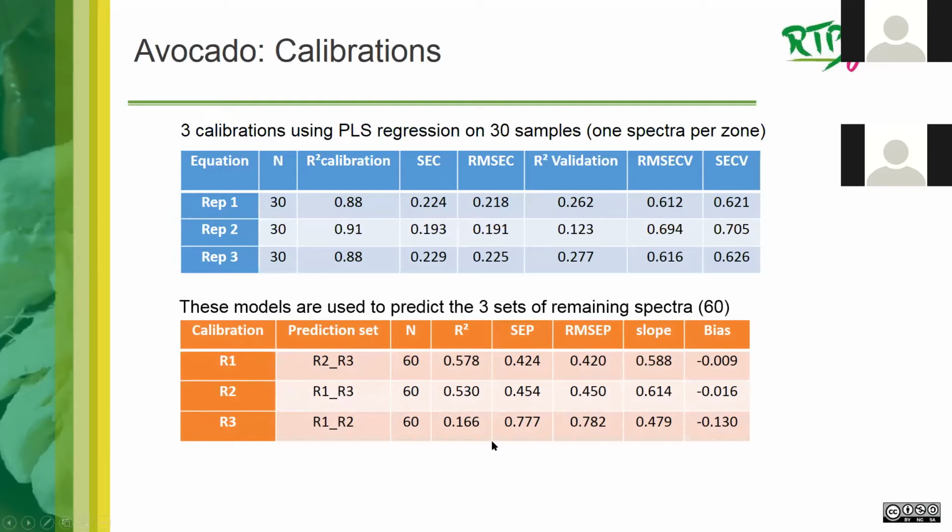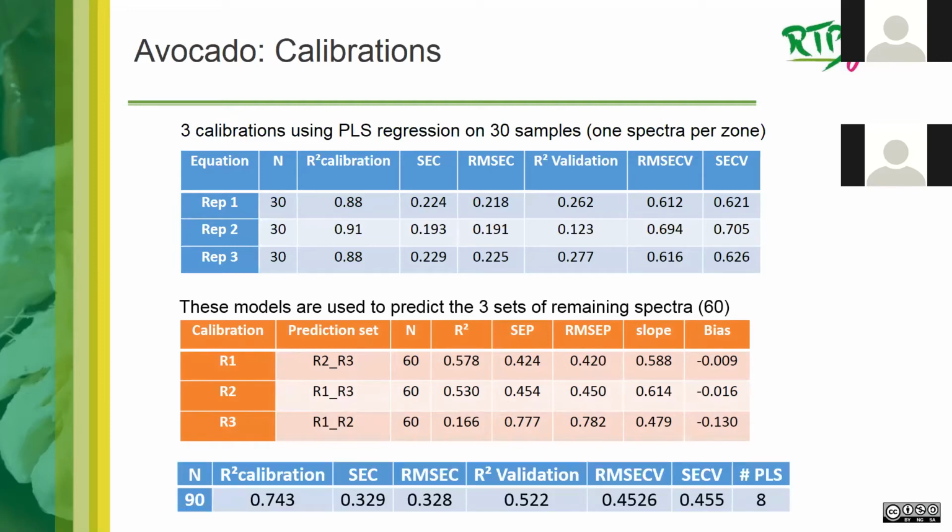If we compare this to the calibration using all the samples, we can see that performances are close when we use only 1 replicate to do the calibration, close to the performances obtained when we use all the samples, except for replicate 3, which is really different from the performances of the calibration. So these results are not good for us, because we are not able to say if we can use one replicate, because the situation of replicate 3 says that we need at least 2 replicates.